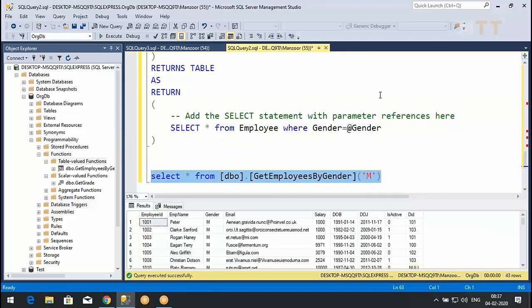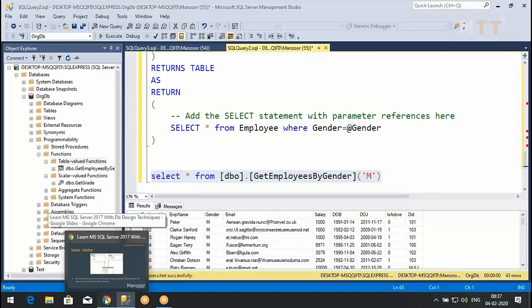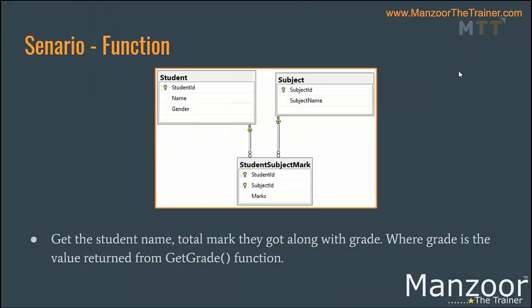It is returning a table, right? So table valued function. So select star from so and so. Now you can do one thing here. You can perform some kind of joins if you want with some other table. Anyway, don't worry much about this table valued function, but I have anyway discussed.